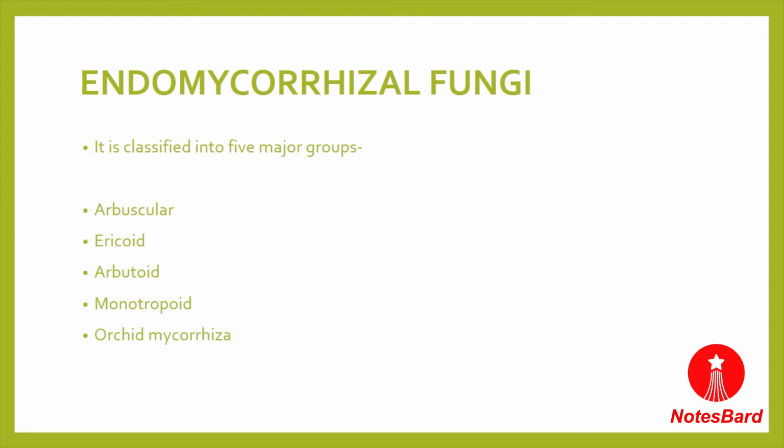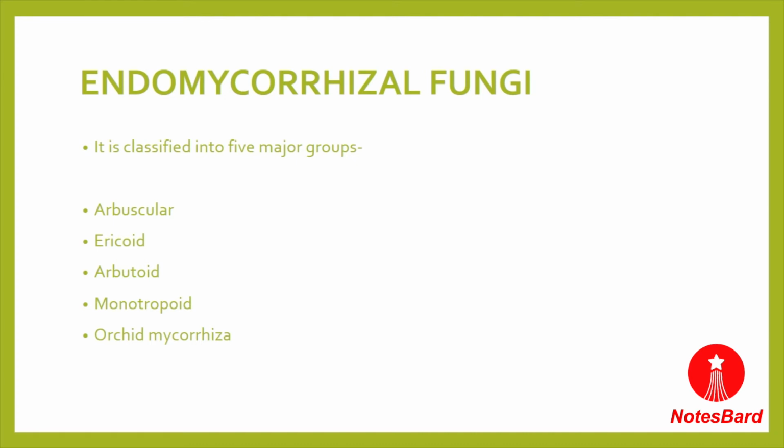mycorrhiza which have the hyphae that can penetrate the plant cells and produce some structures that are either balloon-like, also called vesicles, which have the important function of nutrient exchange between the host plant and fungal cell. The other type is ericoid mycorrhiza, which is also commonly found in several different species of higher